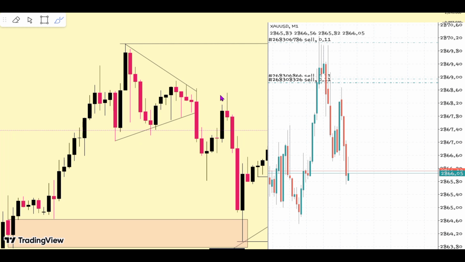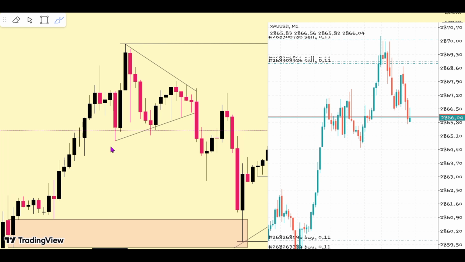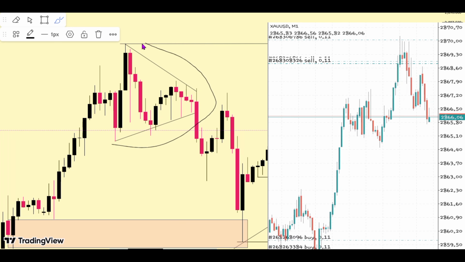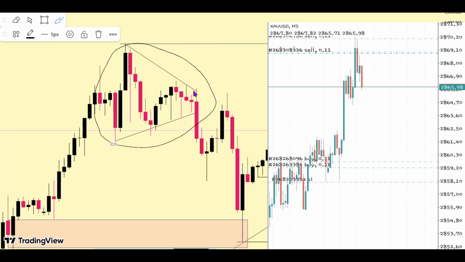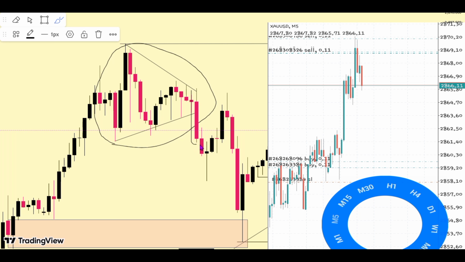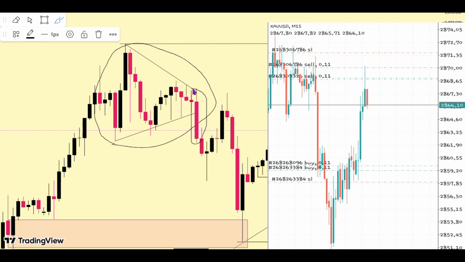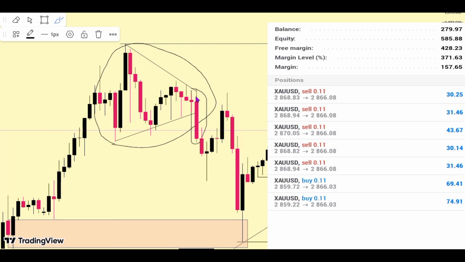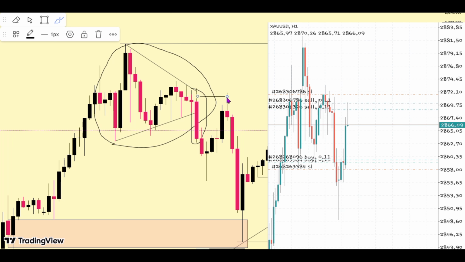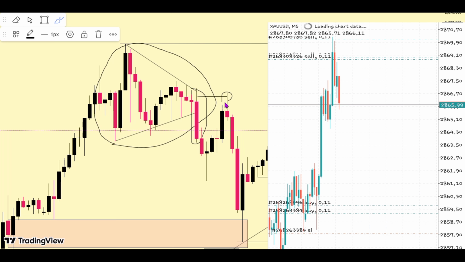Last week we had a very beautiful trade setup. We were looking at this retail trading concept. We were interested in this bearish candle that broke out from the triangle. So the idea was to enter at 50% of the wick. Perfect setup, perfect timing. We got the entry right here and then the bearish move came.